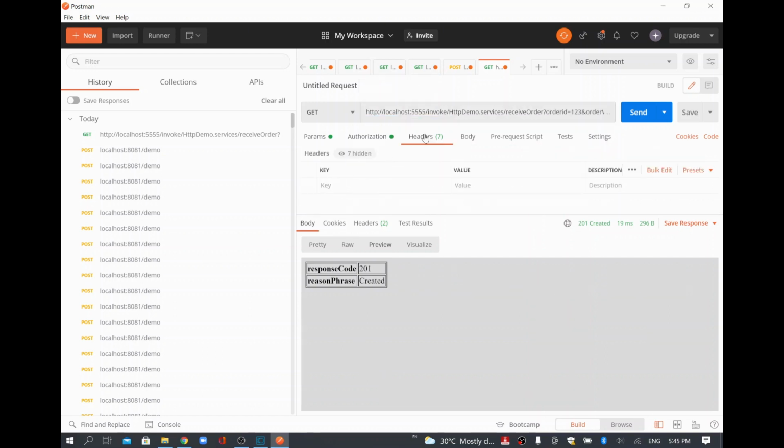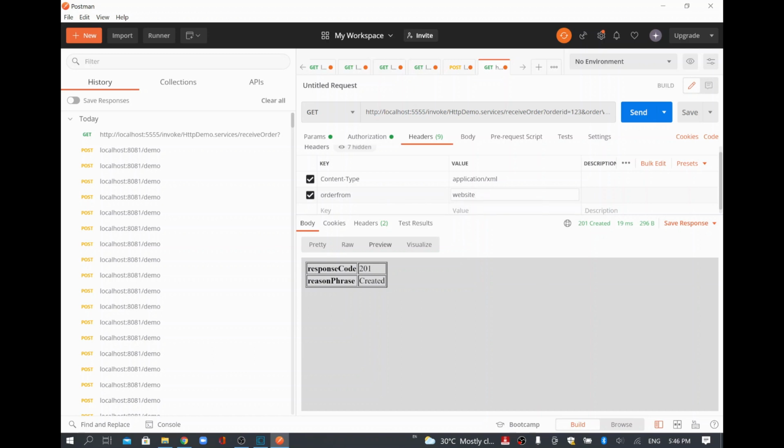And other than that, there is a header which you can send as well. For example, I wanted to send the header Content-Type, and I wanted to set it as application/XML. And other than that, I wanted to set some other header as well. For example, order from, there is a header name which is a custom header name. I wanted to send it. So here I wanted to set this as website.